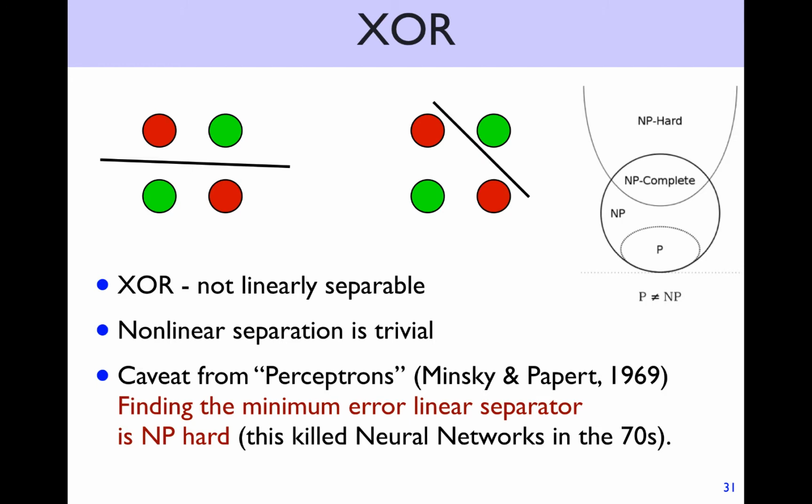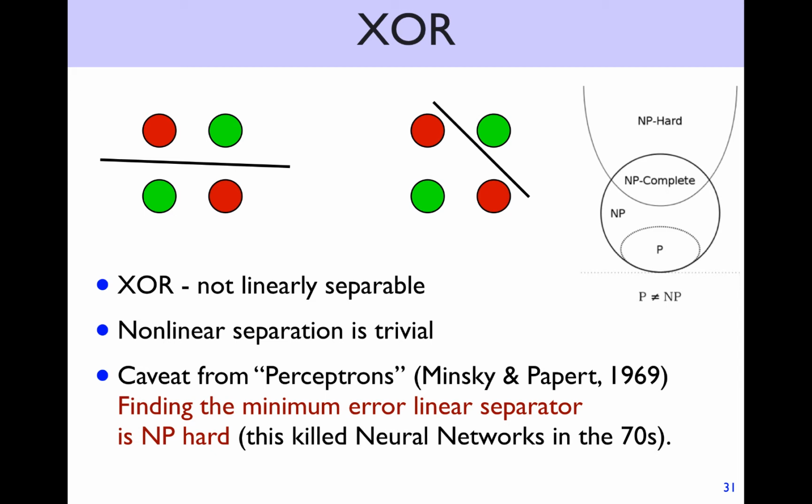Okay. So XOR. This dataset is just notoriously bad because regardless of how you try, you just cannot separate it with a linear line, right? So there's no way to do it. And there was a book published 10 years after perceptron was invented. Perceptron was invented by Rosenblatt in 1959, and Minsky and Papert wrote a book in 69 called Perceptrons, and they proved that not just XOR is not linearly separable, but also finding the minimum error linear separator for a general dataset